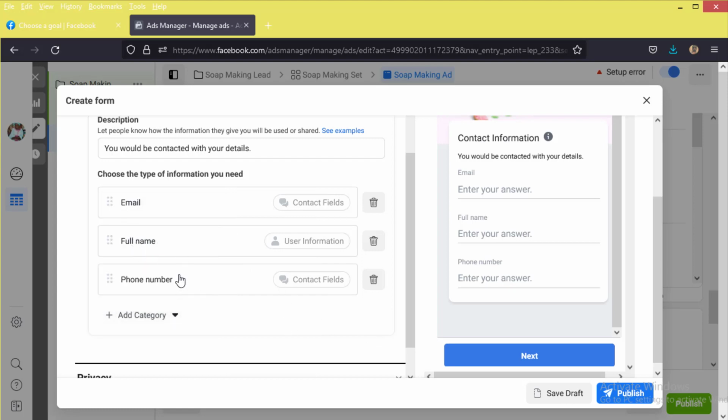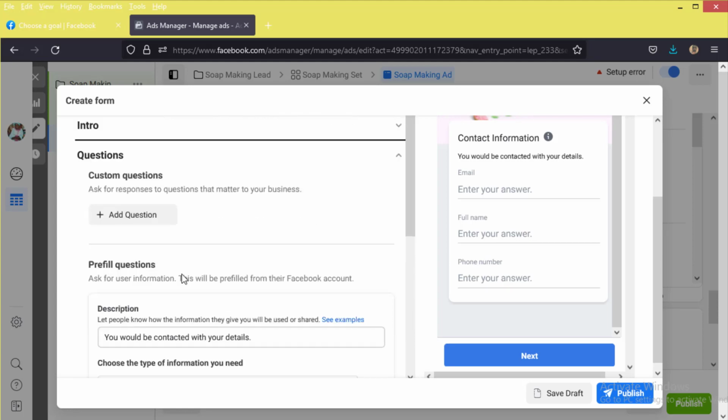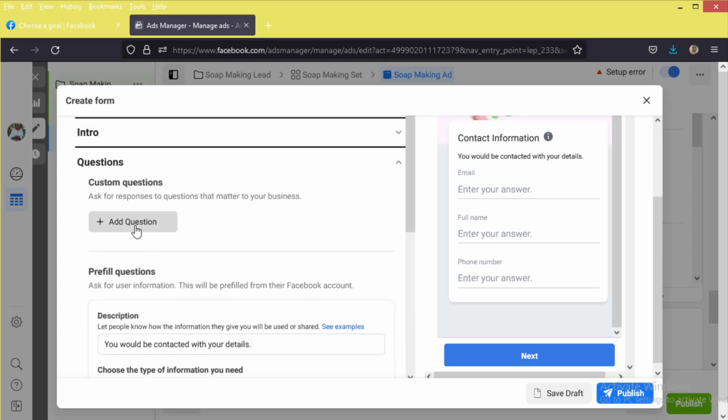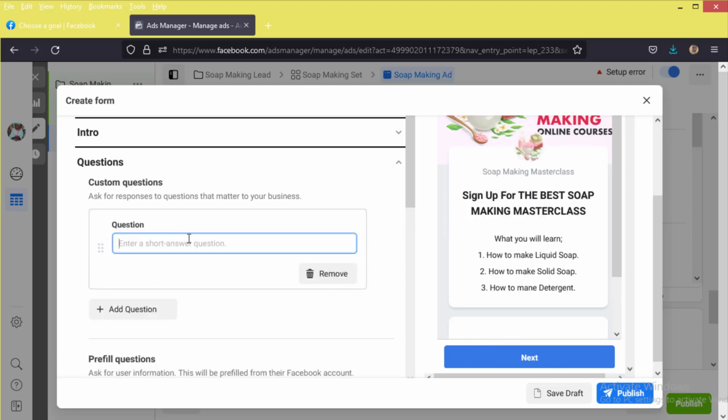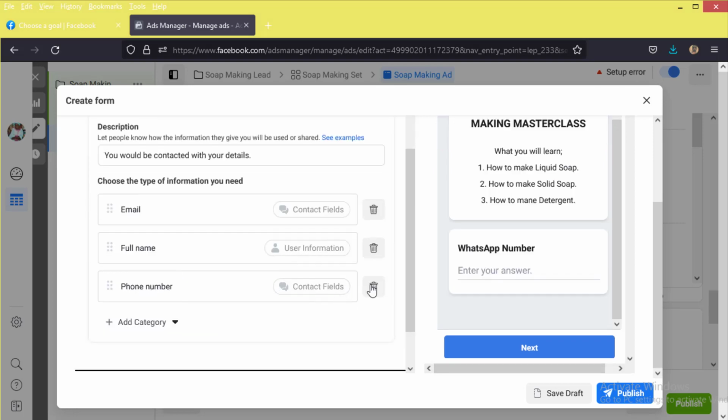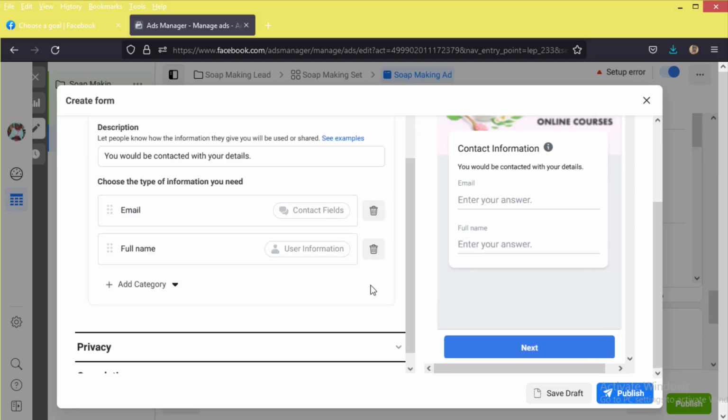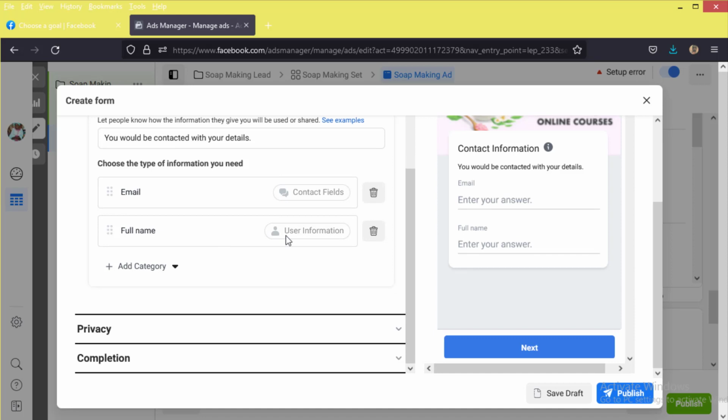Or if you need their WhatsApp number, you can decide to click on add question, then select what kind of option you want to make available. Short answer. Then I'll put WhatsApp number. By adding that, I don't need their phone number anymore. All I just need is their email and their full name. So after that,